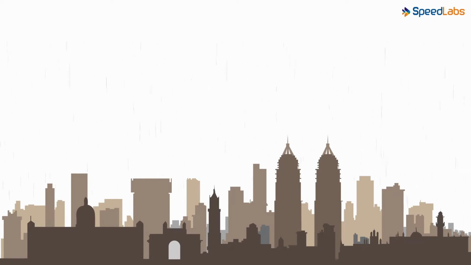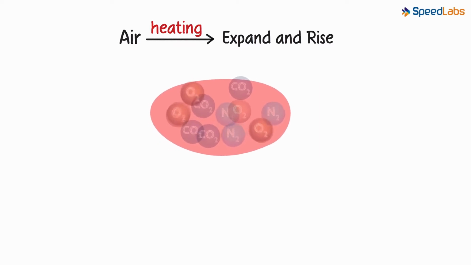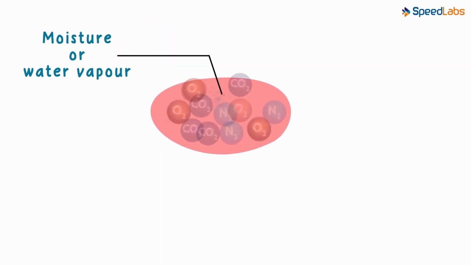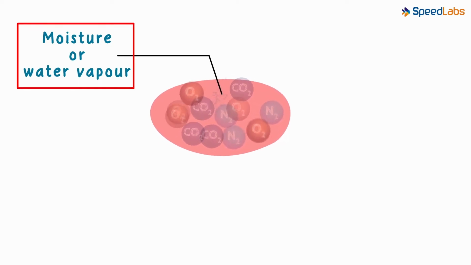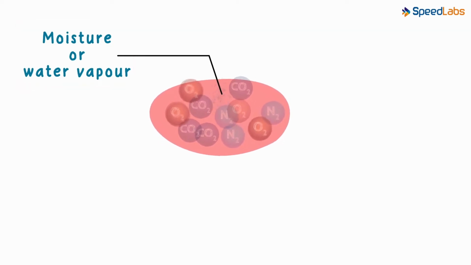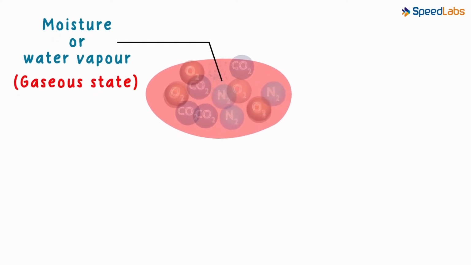This is an amazing process. And let us see how it takes place. We studied in our previous video that heating of air causes it to expand and rise. Now we all know that air contains moisture or water vapor. This moisture in the air is in which state? That's correct. Moisture in the air is in the gaseous state and it slowly rises above along with the air